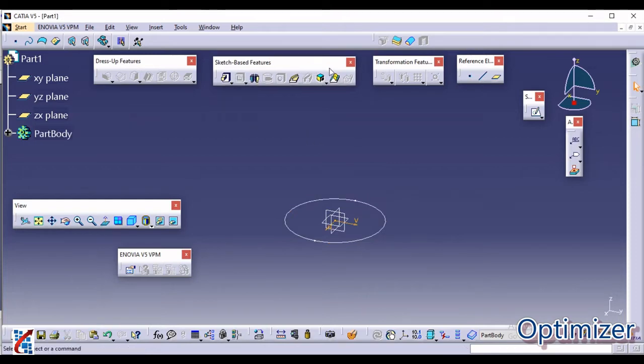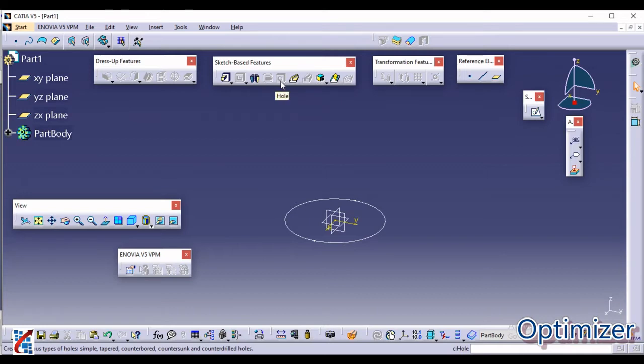Okay, so let us first discuss the command names and then we will apply them. The first one is Pad. Pad is useful for adding material in one direction. Pocket is basically useful for removing material. It is exactly opposite to the pad. Shaft is again useful for adding material around the axis. Here with an axis or direction you are going to add, and around the axis means you are going to rotate it. Okay. Then Groove. With the help of Groove, it is again exactly opposite to the shaft. Here you are going to remove the material.